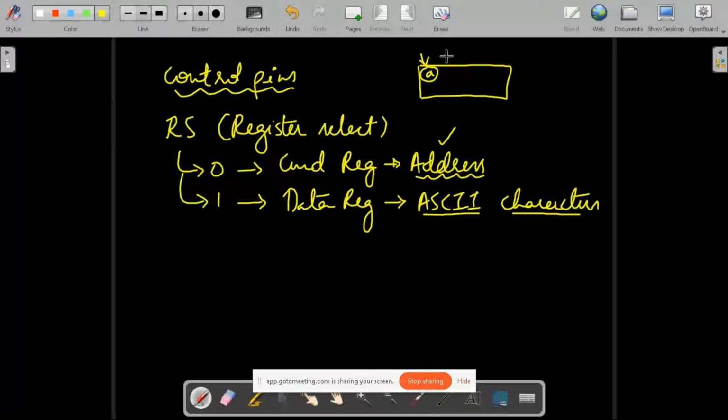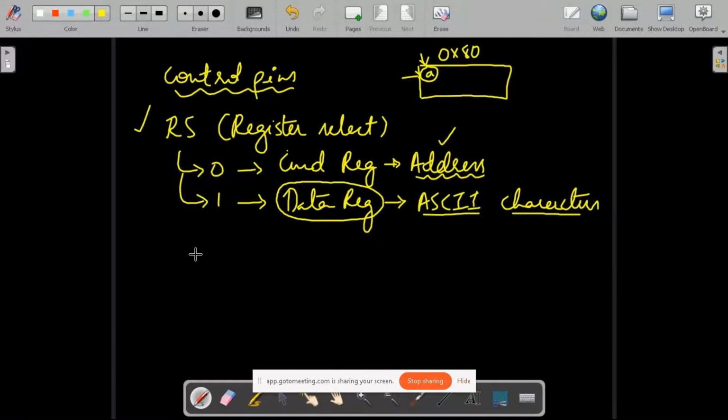Only by knowing its address, I can then pass on its ASCII value. The starting portion address is 0x80. First, I got to put this 0x80 onto the command register. Only then I can pass on the ASCII value corresponding to small letter a. And in order to put that data, I got to select data register, and thereby this RS should switch from 0 to 1. So this is about register select.